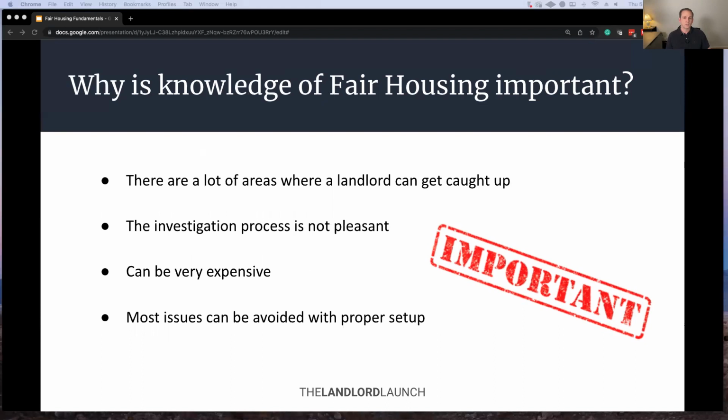Again, there are a lot of areas where we can get caught up here. A lot of things change. There are a lot of tenant advocacy groups popping up out there. There are tenants who are becoming more, I don't want to say educated, but more aware of this stuff, and some of them use these things to snag landlords in some cases, and sometimes it's simply for staying in the home a little bit longer